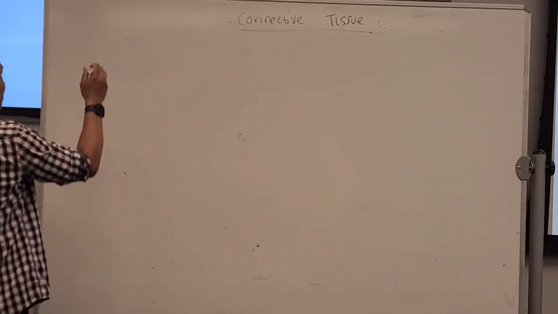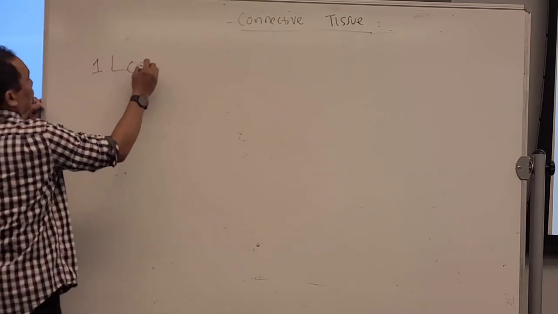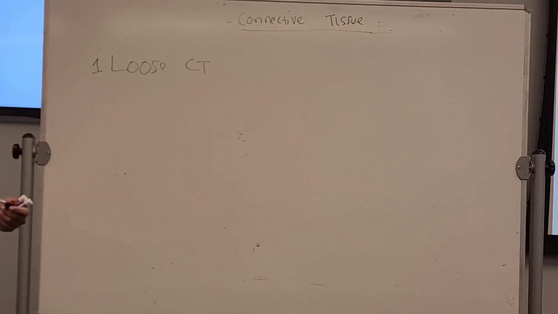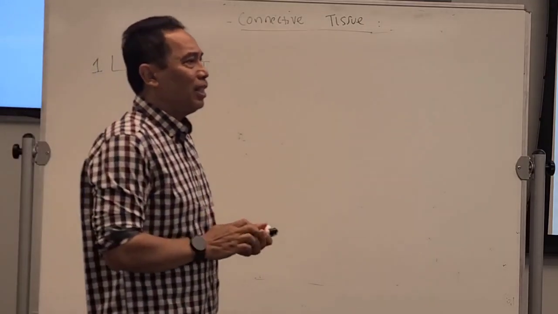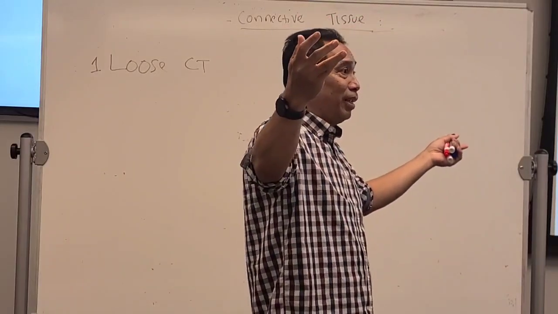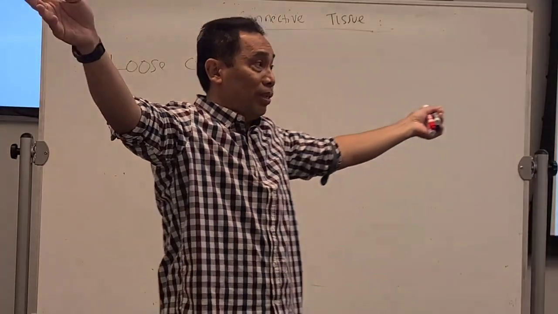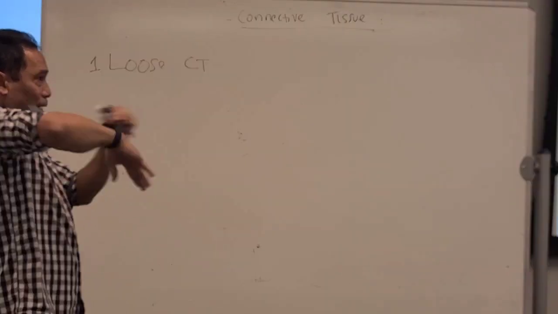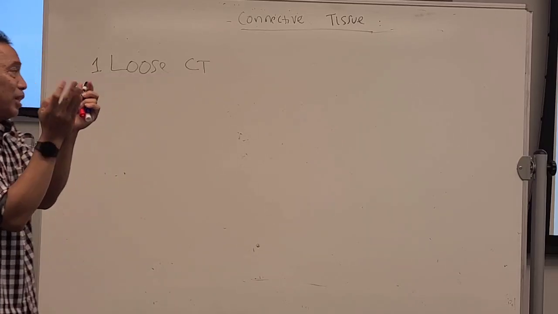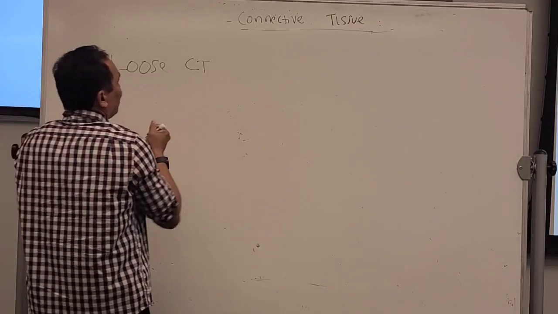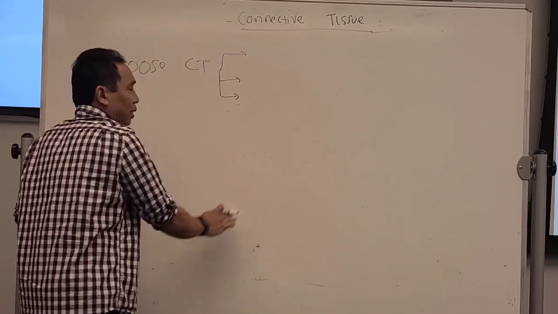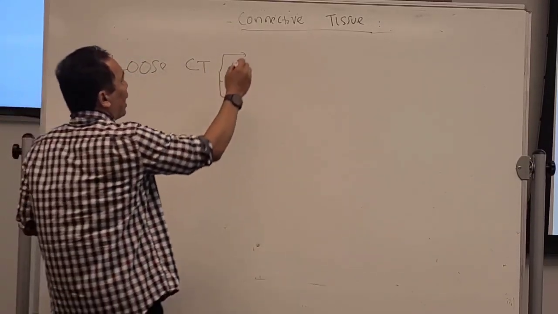The first one is called loose connective tissue. What does loose mean? Loose means the fibers are loose. They are not binding close to one another. They're just everywhere. It's loose. The fibers are everywhere. It's not close to one another. It's not binding closely. So loose connective tissue. And of this loose connective tissue, there are 3 types in our body. The first one is called the areolar